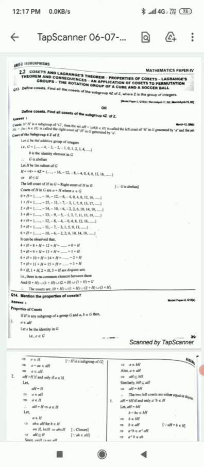Now properties of the cosets. These are very important. There are 8 properties of cosets. So first one, if H is any subgroup of a group G and a, b belong to G, then